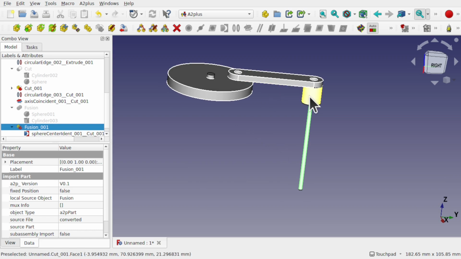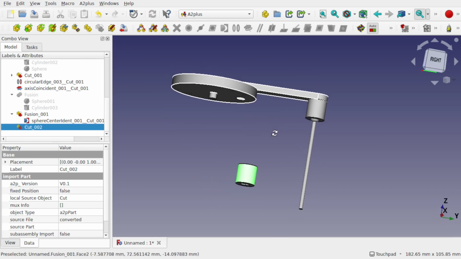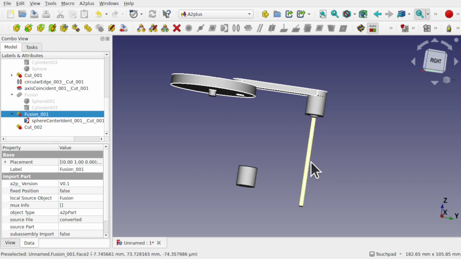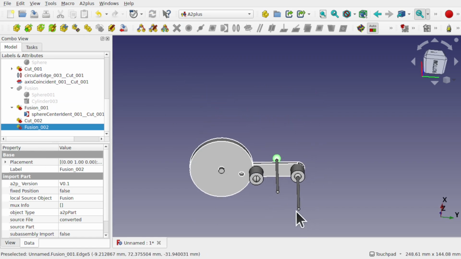And I'm going to use this cut and duplicate that using the duplicate. And it's attached to the mouse pointer. And also I'm going to do the same with this one here. So this fusion here, we're going to duplicate that as well. So we've got 2. I would add the ball to the other end here, but we're just going to do